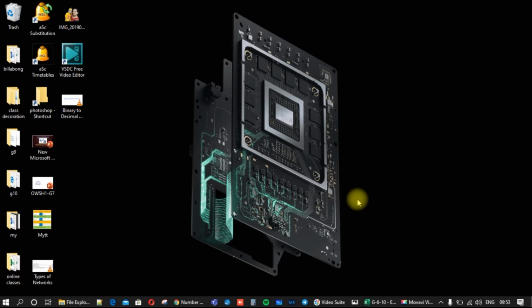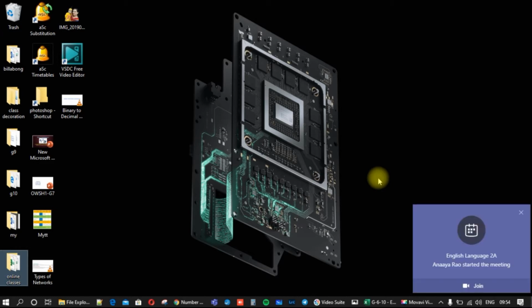Fine, so let's start. With the help of control panel, we can change the appearance and the personalization of the desktop. We can also change the hardware and software configuration. We can also change the system and its security, the networking and the internet connection, user account and family accounts, and the language, region and the clock setting. There is much more that we are going to discuss.